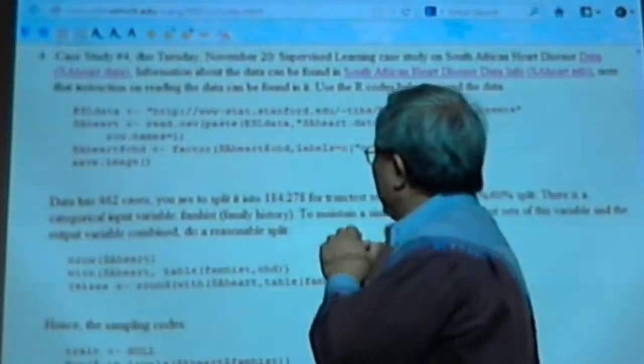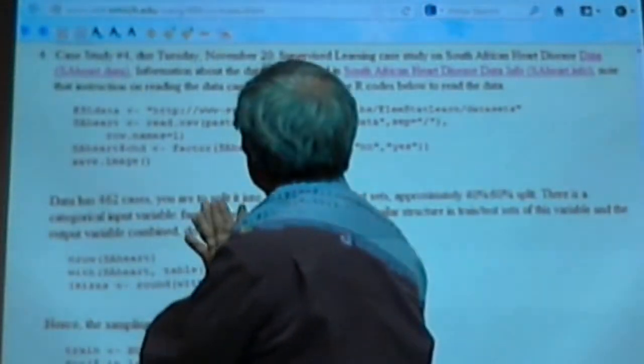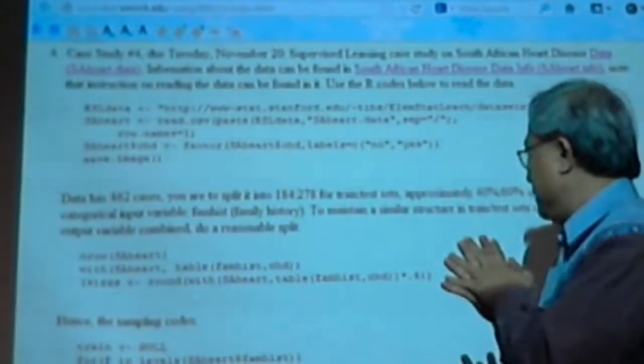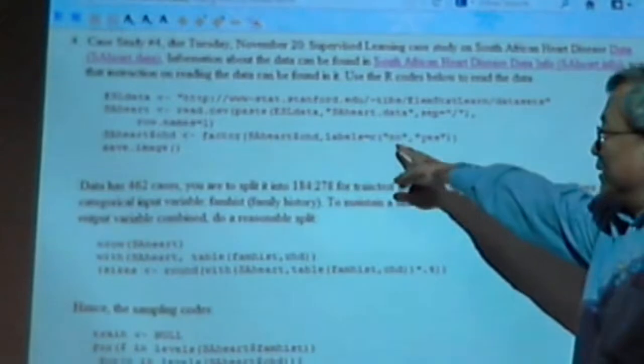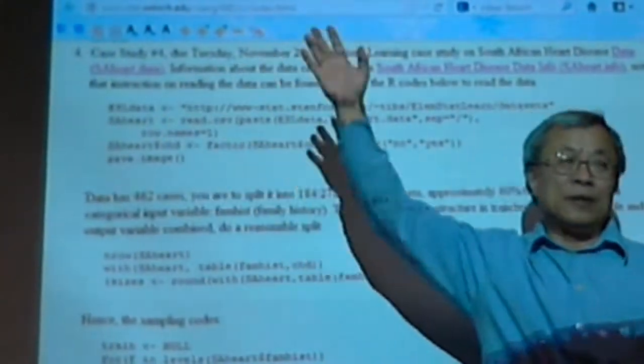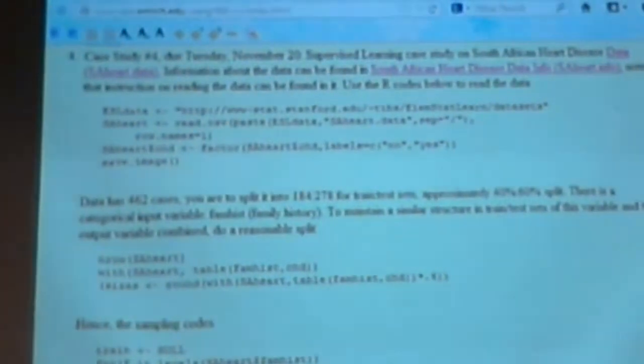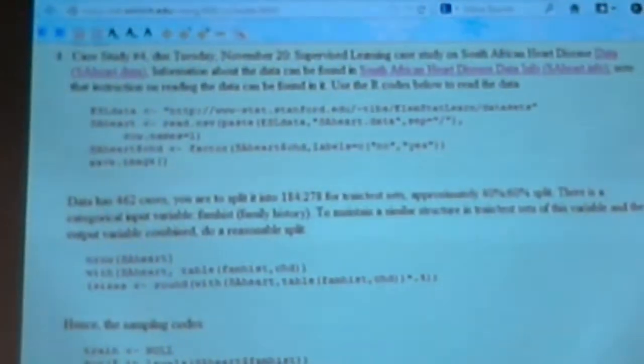I have the instructions on how to read this in R. And finally, after reading this and making this variable a factor, then you can save the image, or you can save in R data image. You know how to do it now, right? Okay. Just say save this SA part